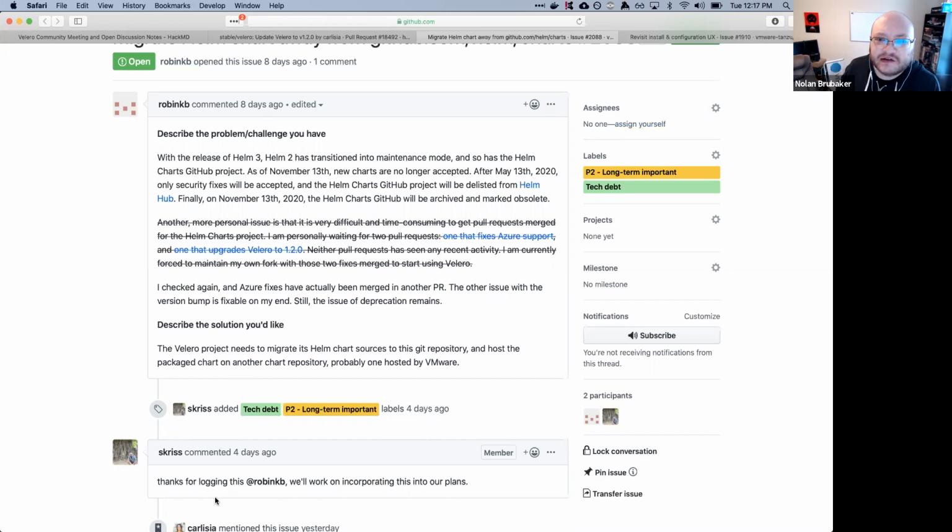Just out of curiosity, is it an option to include like a charts subdirectory in the Velero repo? Is that something Helm 3 supports? That's one way of doing it. I mean, the repositories are separate from where it is in GitHub. So as long as there's some CI script that takes that, packages it, and then pushes it up to a repository. Oh, I see. So you have to have a separate repository anyway? Yeah, so we have to set up a bucket somewhere, or we can serve it from GitHub pages or something like that, but we'd have to figure that out. Yeah, I think we talked about this last week as well.